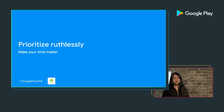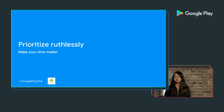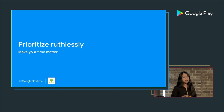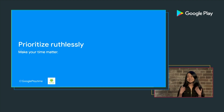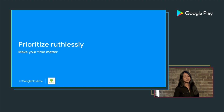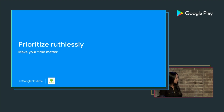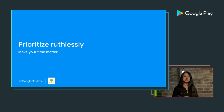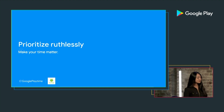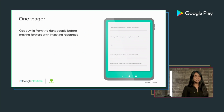The second operating principle is to prioritize ruthlessly. We have millions of learners trying to learn a language every day on Duolingo and only 200 employees. That means that every change we do has to be high ROI. And if we try to test everything that comes to mind, we're not going to have enough time to make actual improvements to our app. So how do we create processes that prevent us from testing everything under the sun and make sure we're working on the right things? One very successful process we've implemented is what we call the one-pager,